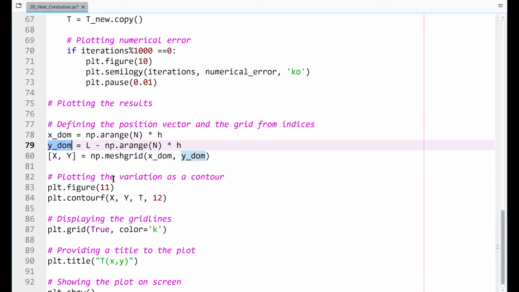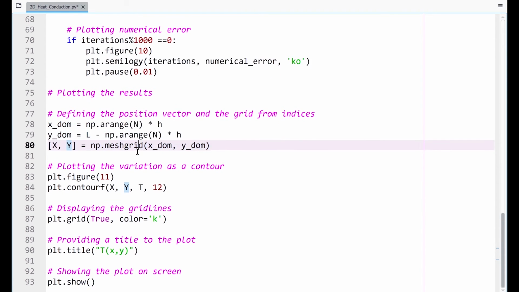So, what I am trying to do is project this entire grid on all the levels corresponding to this y DOM array. To do that we have this command called np.meshgrid. When we feed x DOM and y DOM into this, we get a nice 2D grid that is contained in x comma y. So, x contains all the x coordinates and y contains all the y coordinates of the 2D grid. Once we execute this code, I will show you what I am trying to say.